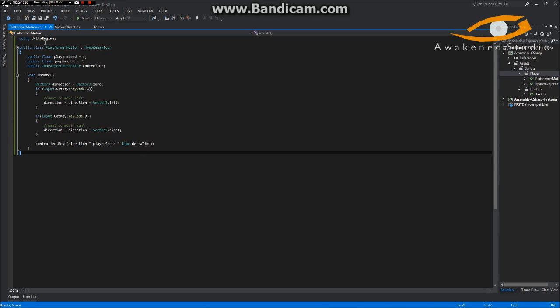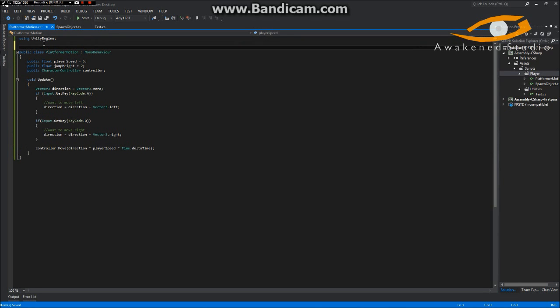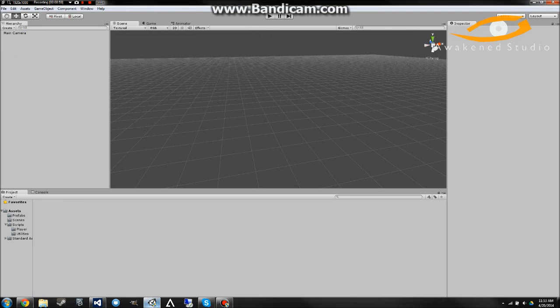Okay? Now this is something you don't really have to do, but I like to do it so it's clean. Up top here, RequireComponent typeof, you don't really need to worry about learning this kind of stuff. This is just personal preference. You make a bracket, RequireComponent typeof CharacterController, and this just means that whenever you drag this script onto a game object, if it doesn't already have a character controller, it'll automatically add it for us. Just a useful feature. So let's go ahead and go into Unity,